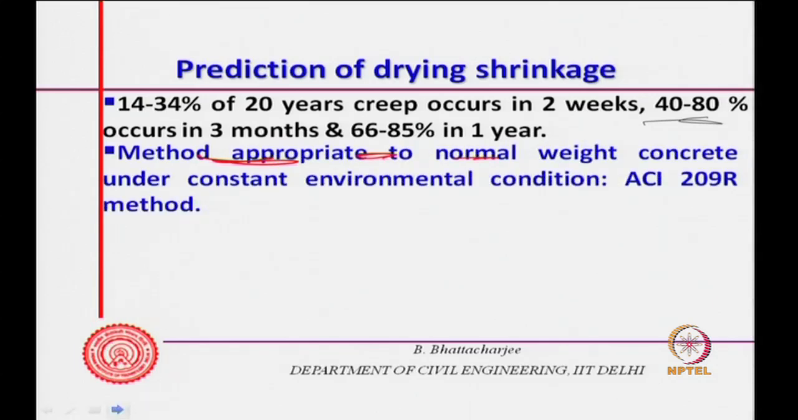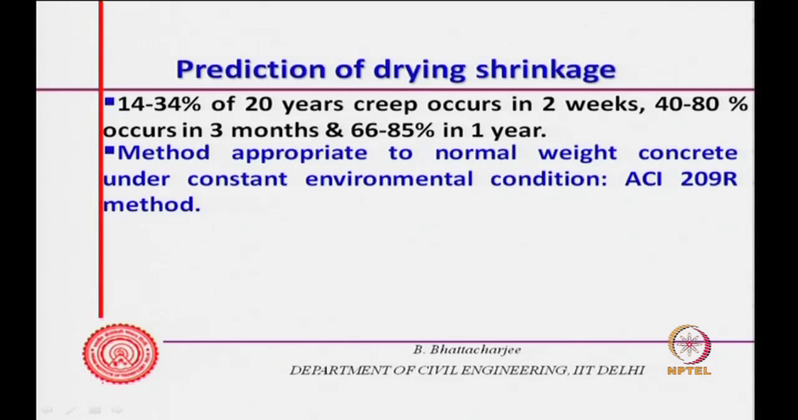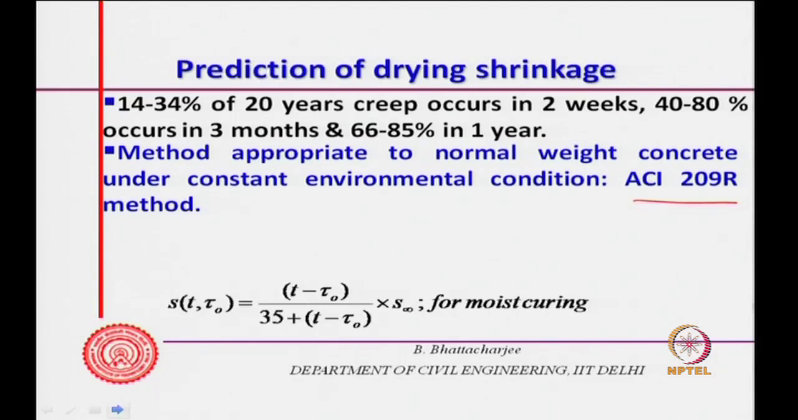Now, the method appropriate to normal weight concrete is the ACI 209R method. You can estimate using this, and that is what we will try to do. And then of course, the British BS system would be there, and we will discuss that as well. So, what it says,